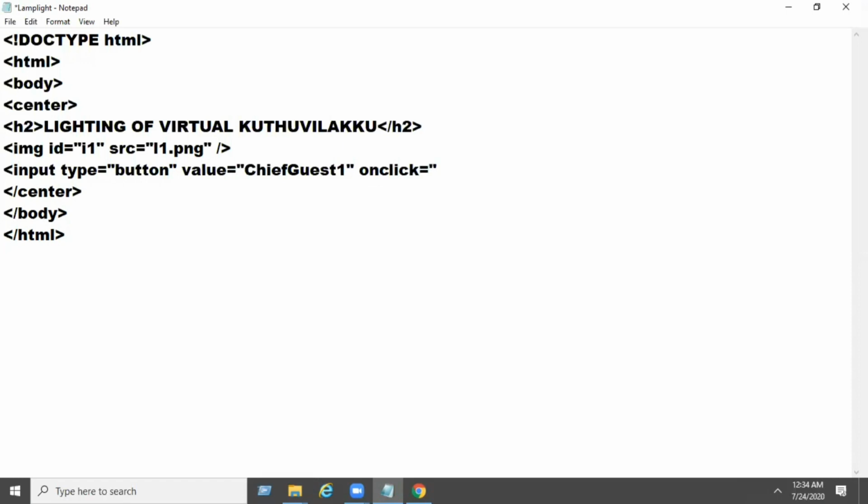On click, you need to call a JavaScript function. So my function is change image, chgimg, open parenthesis, close parenthesis, end of quotes, end of tag.